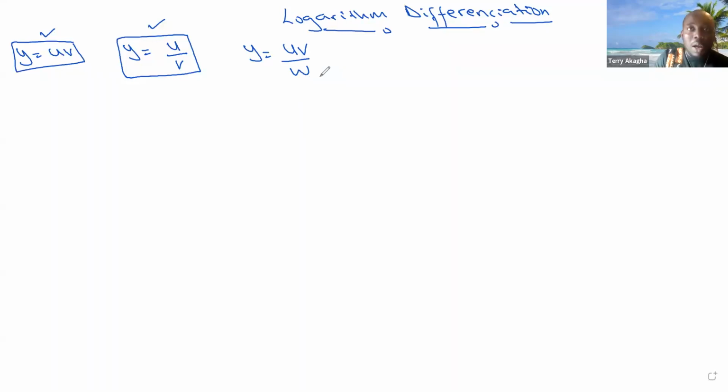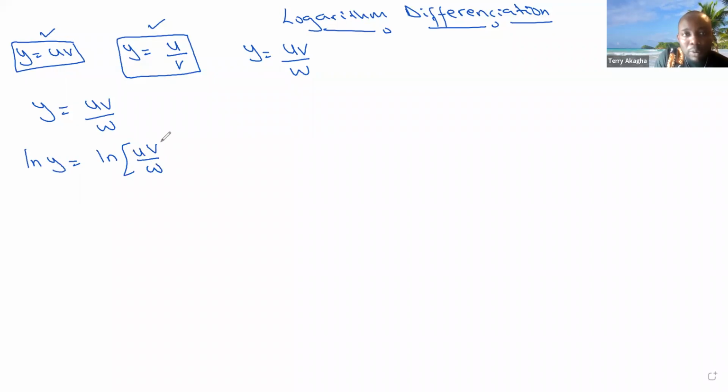So let's go. When we have something like this, y is equal to uv over w, I'm going to just solve this so that it will make sense. You don't need to cram the formula. If you just understand how to do this, we will apply the same principle while solving the question. So we have y is equal to uv over w. As usual, you take the ln of both sides, natural logarithm. So ln y is going to be equal to